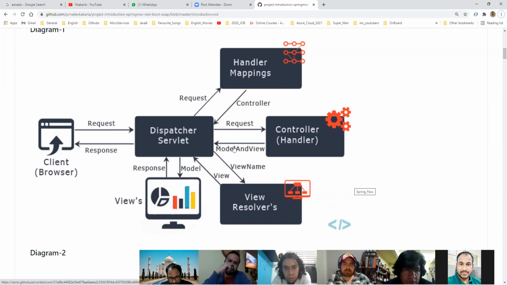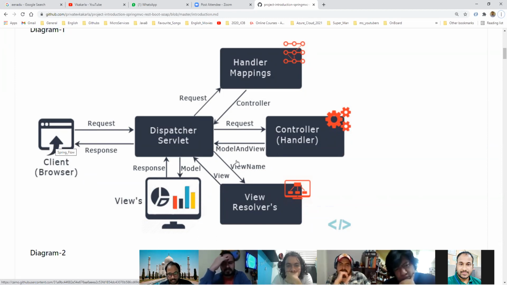In future, we will avoid these things. Why? Because if you are moving from MVC to REST, we no longer need them. Nowadays the front end and back end applications are separated, and everything has transformed from MVC into RESTful applications. In RESTful applications, instead of giving a model view, we directly give the JSON response to the front end. It will not go to the view resolver and all; it goes directly as the response to the client. We will see RESTful applications later.